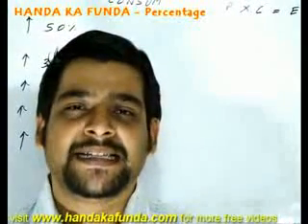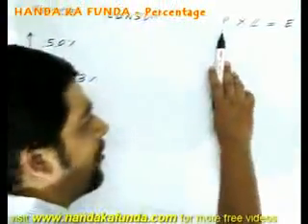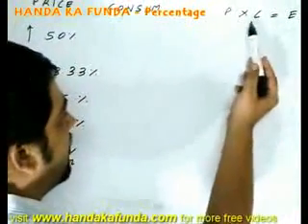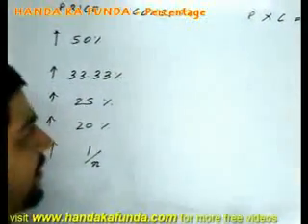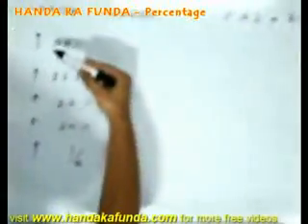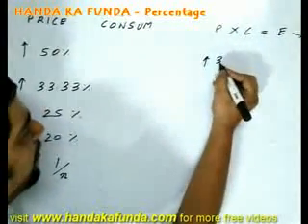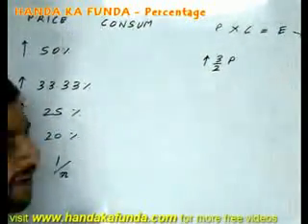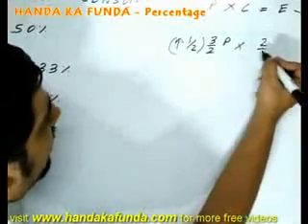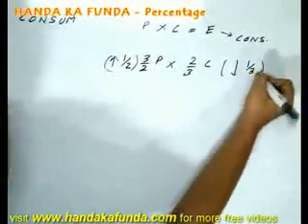Let us see how a percentage change in a particular quantity affects the other quantity. Suppose the price of a particular product into its consumption gives me the expenditure. What will happen to consumption if I change the price in this fashion and my expenditure remains constant? To calculate that, say my price has gone up by 50%, or it has gone up by half. So price has become 3 by 2 times the original. Since it went up by half, the consumption will become 2 by 3 times the original. That is, it will fall by 1/3, or it will fall by